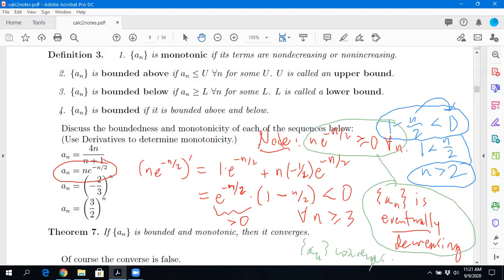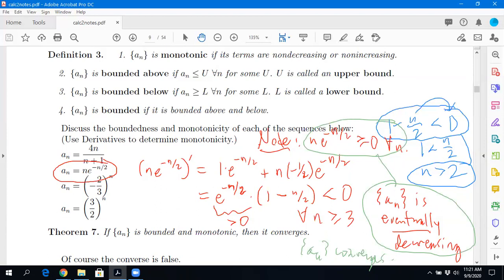So how is n e to the negative n over 2 always greater than or equal to 0? Once again, what are the only n values that we're concerned with? What is n? It starts at 0. No, no, no, it starts at 1. Remember, n is always a natural number, so don't plug in negative numbers or 0. It's n equal to 1, 2, etc. So both of these first two things converge.